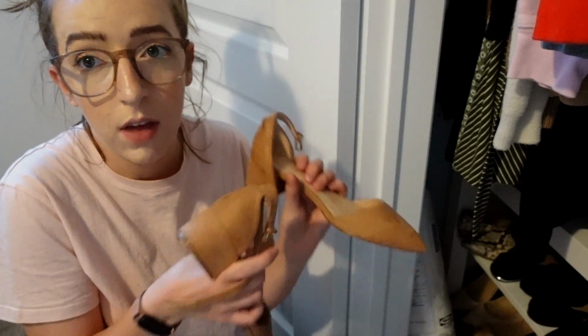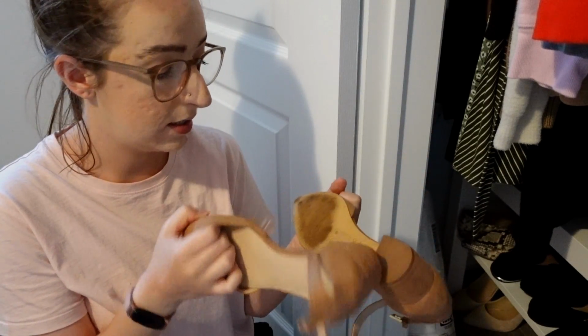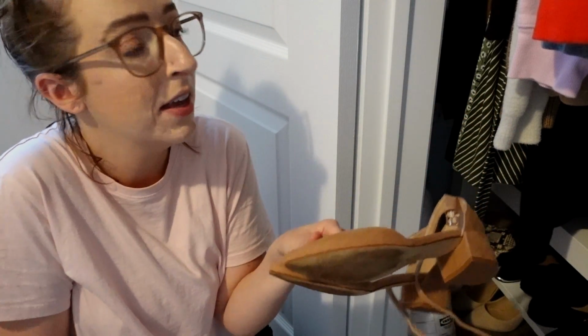And in the next year, if I were to be invited to a wedding or some kind of fancier event or go out with my partner, I would wear this and they will do. I would like to get something else in the near future, but I go to so few events. And you know what? These could also probably work for a conference, right? So I go to such few fancy events that they're good for now,